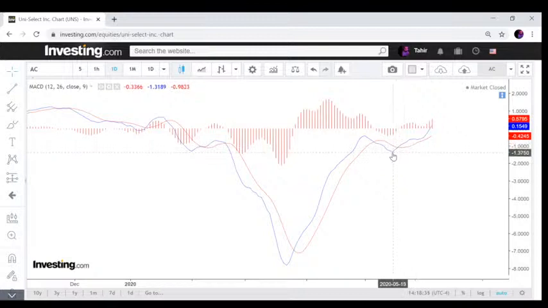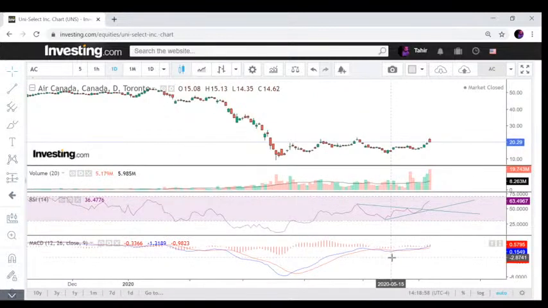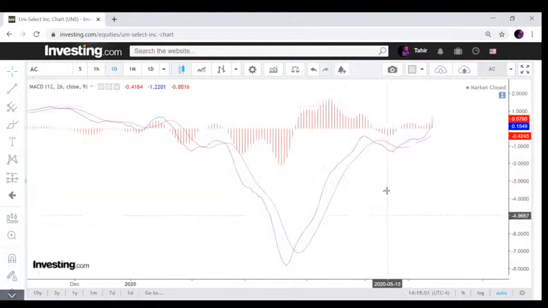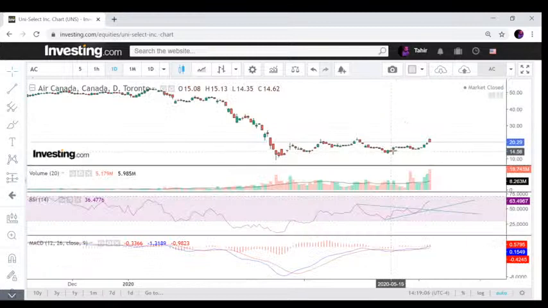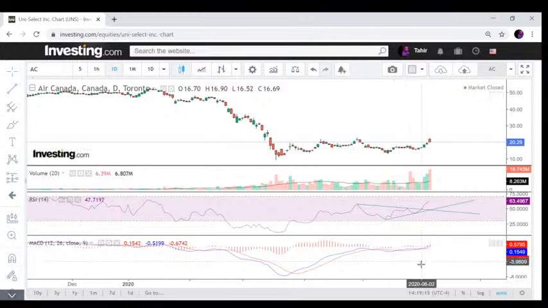So most of the people will enter from here. Those who are risk takers sometimes enter from here, and then eventually it crossed here, and most of the guys enter from here, which is actually the good point to enter depending upon your risk capacity. And then you can see it has gone further up. If I relate the price of the stock to the MACD, when it was crossing up at this point of time, you can see the price here was 15.12. Some guys will enter from here and the price actually went up,